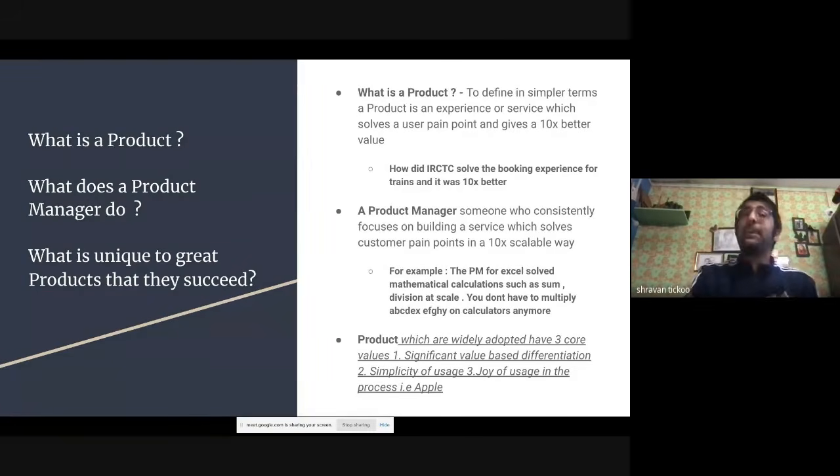So that became an evolved experience, and that is what you call a product. Now, what is the difference between a typical problem-solving approach and a product-solving approach? The difference between them is that a problem-solving approach is typically not scalable. What I mean by that is, a dukan is also similar to a product for you, which solves the problem of kirana, buying rice, etc.